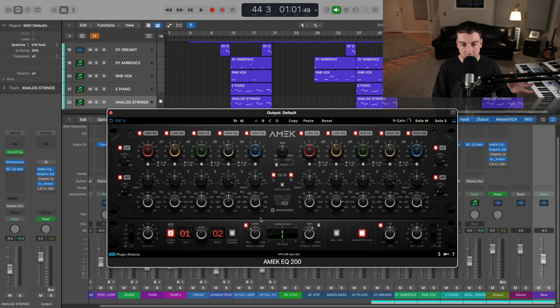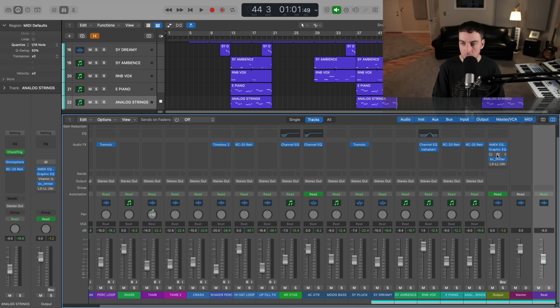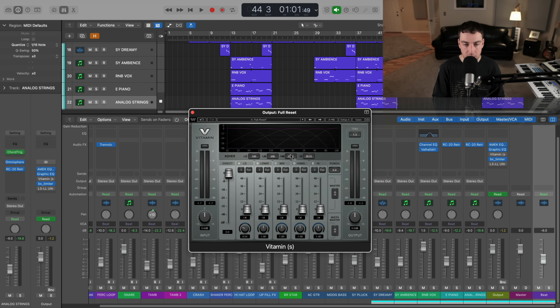Now, if you don't have this EQ, we will take a look at one that I know most of you have, which is Waves Vitamin. We can dial something in very similar here by just adjusting the width across all of our bands. So I'm going to just up this.